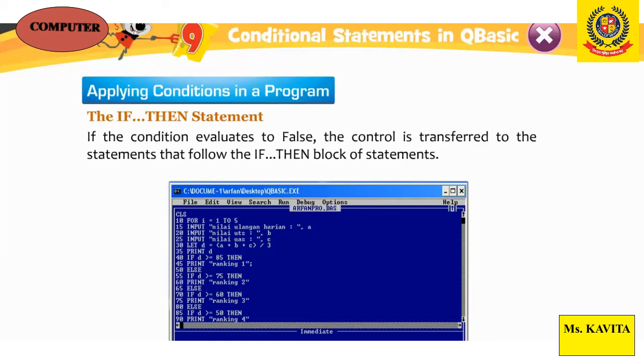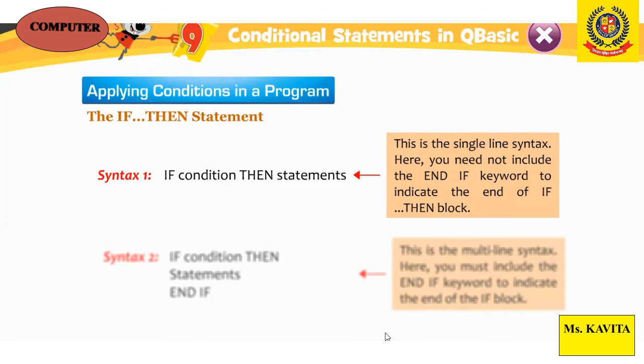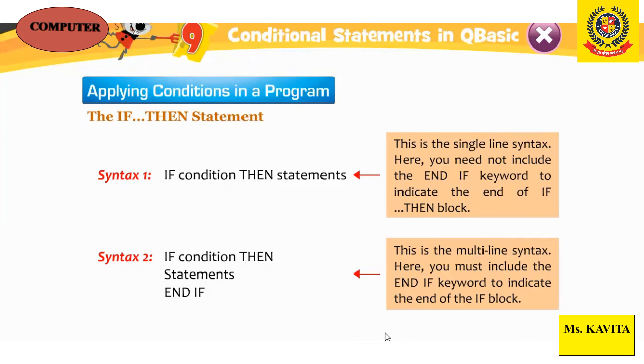Now, the first conditional statement, that is, if then. Look at the flowchart given below; it shows how the program has been divided into two branches using the conditional statement. A number of statements in QBasic, like if then else, if then else if, select case and so on, allow us to include conditions in programming code. So let us learn about these statements. First is the if then statement.